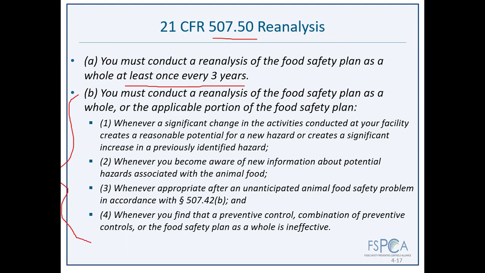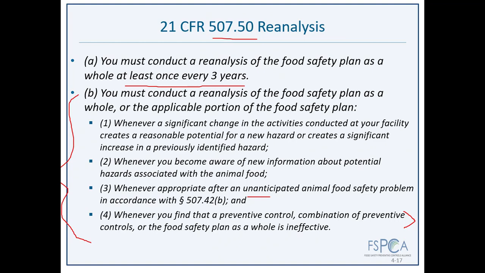I kind of think of this section here as necessary. So what it says is whenever there's a significant change in the activities conducted at your facility, whenever you become aware of new information, whenever there's an unanticipated animal food safety problem, or you find something that just isn't working. If you have a preventive control that is ineffective, it's time to do a reanalysis. Okay, we're going to spend some time talking about corrective actions and corrections a little bit later on. And if you're having to do those over and over again, that might be a situation where you need to